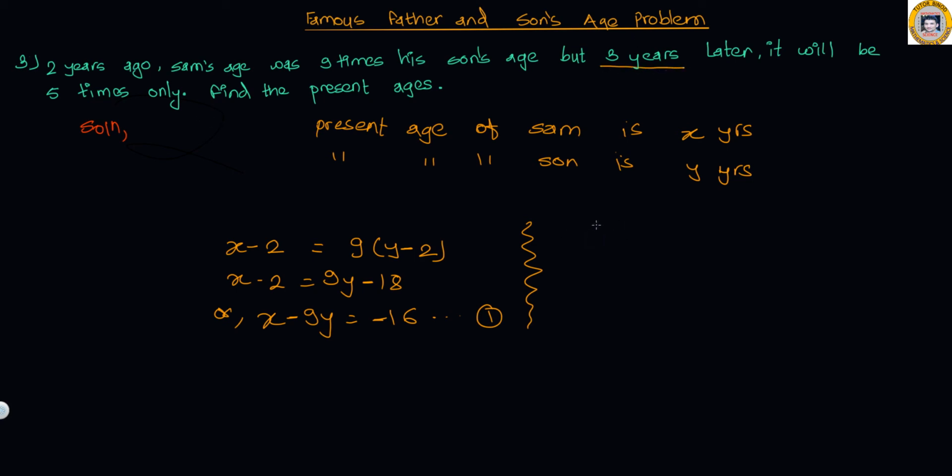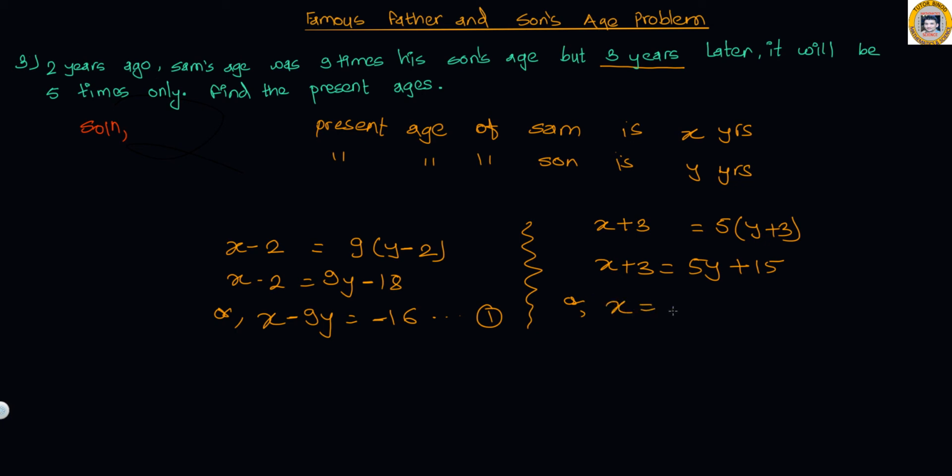So 3 years later, Sam would be x plus 3, whereas y, or his son, would be y plus 3. 3 years later it would be 5 times only. So 3 years later, if you multiply the age of the son, which is y plus 3, by 5, you would get the age of the father at that point of time. So x plus 3 equals 5y plus 15, or